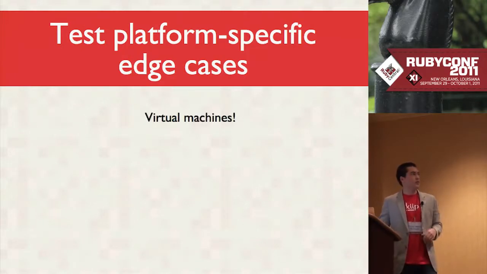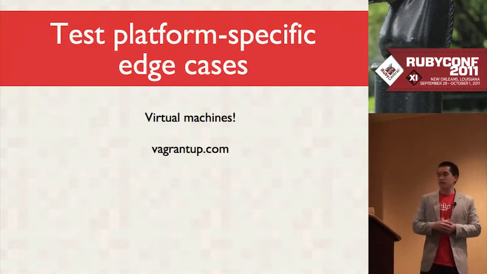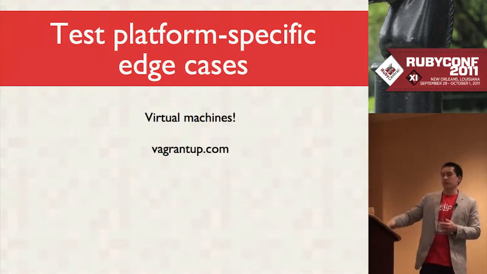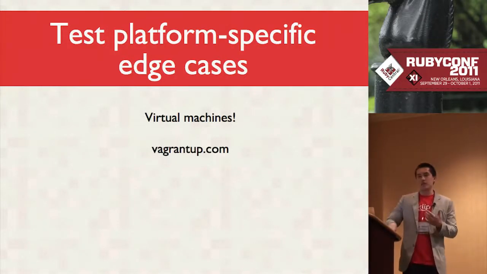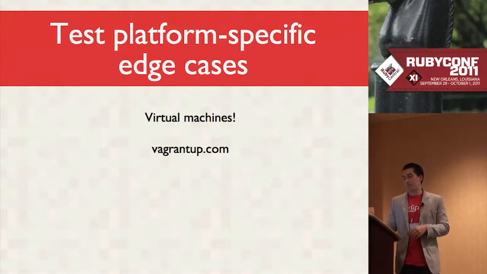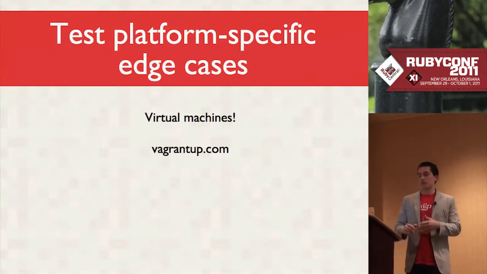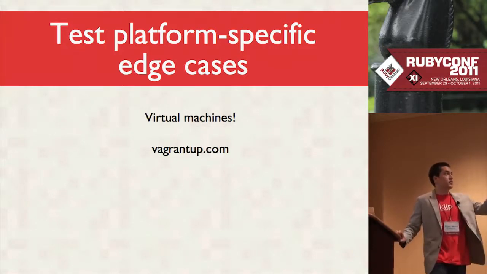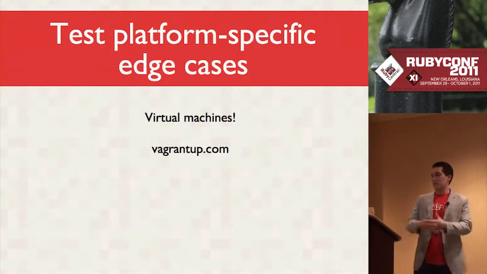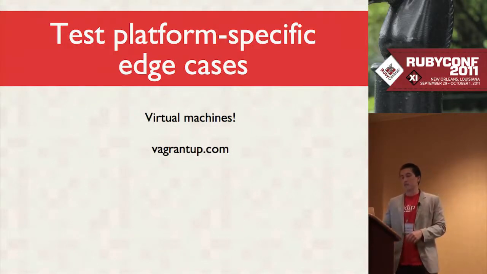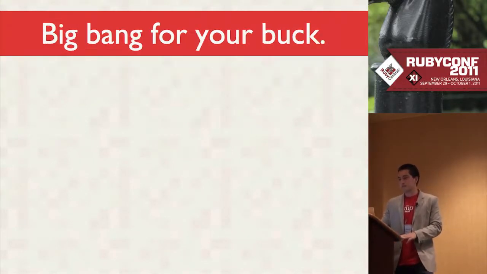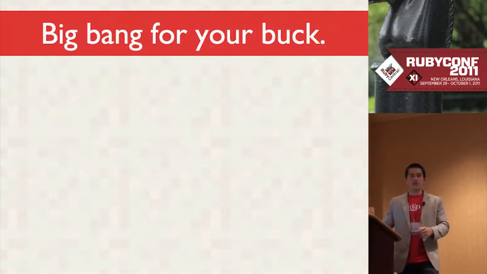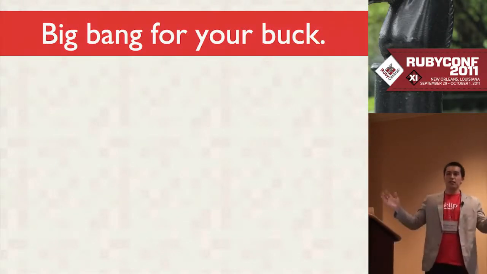And the best way to do this is virtual machines. And the cheapest way to get it going is to use Vagrant, because you could run multiple OSs on your own machine and run the tests in there. As you get up and running more, CI is not that hard anymore, and pretty inexpensive. If your project is big enough to want to test so many platforms, then CI is relatively cheap.